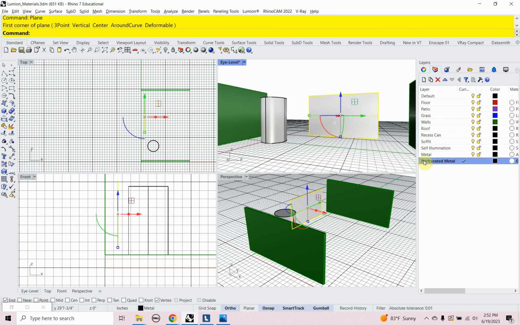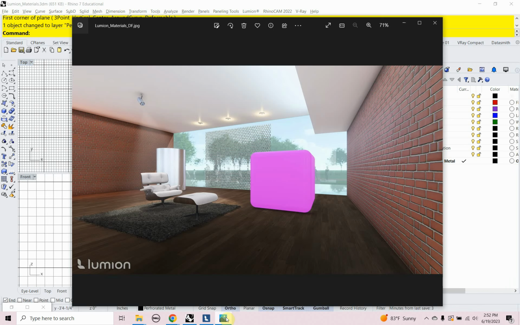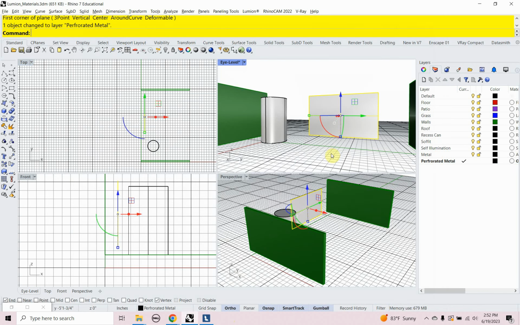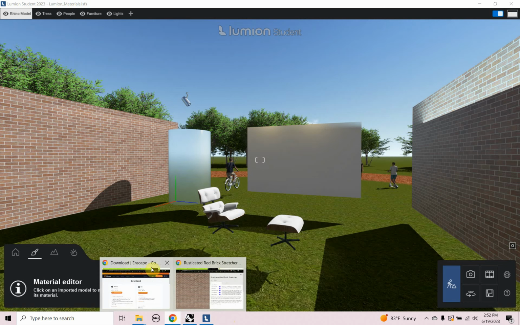So select it, right click, change object layer. That should automatically update over in Lumion. Yeah, so now it's just got a blank material on it. Okay, so an opacity map, what is that? So if we head on over to